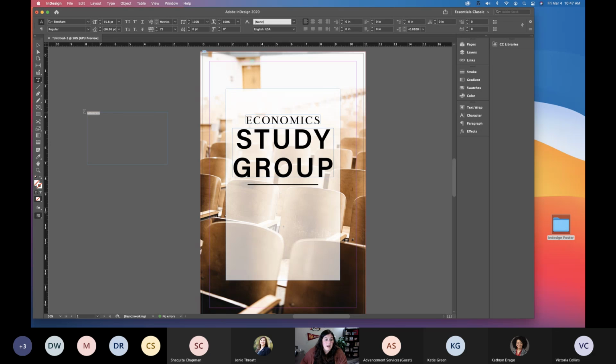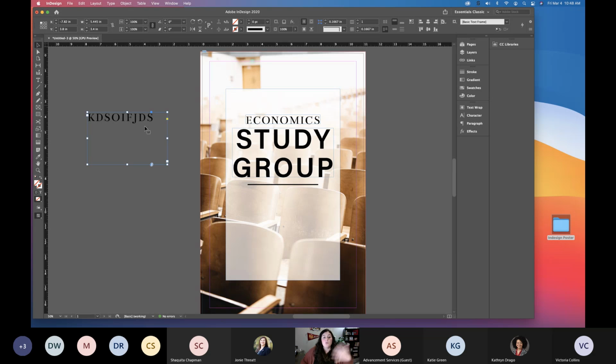You can have all of your text selected, grab your eyedropper tool, click inside another text box, and it'll copy over that character style to your new text box. So there's multiple ways to do it. It's completely up to you, whether it's just hitting Option and dragging your text box, and then you can adjust that text box, make it different sizes, but you know it's the exact same style as the one above, or creating a new text box and then using the eyedropper tool to either select